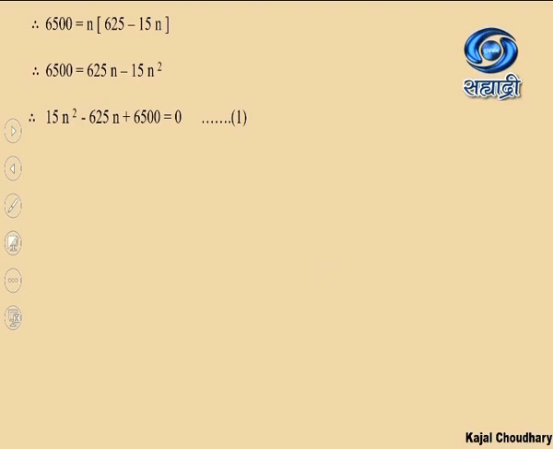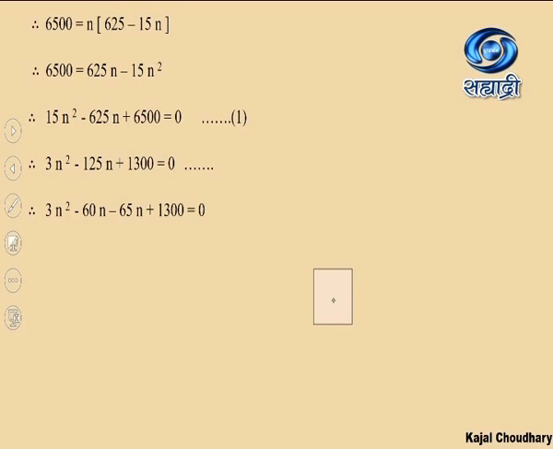Now this is a quadratic equation, and we learned in detail how to solve a quadratic equation in the previous chapter, so you are going to solve it. I'm not explaining it right now over here. I'll explain this step: as all the three terms in equation number 1 have a common factor of 5, we reduced it by 5. Now I have just split it up: 125 is equal to minus 60n minus 65n. You know how to do it.